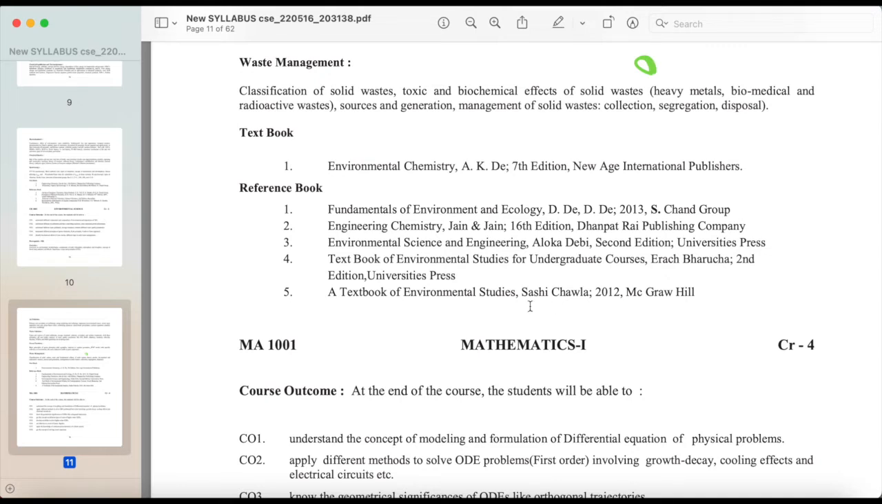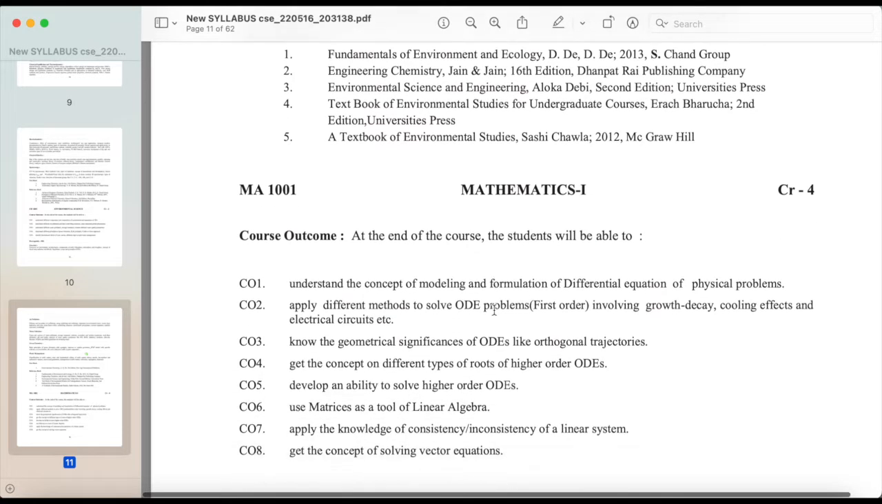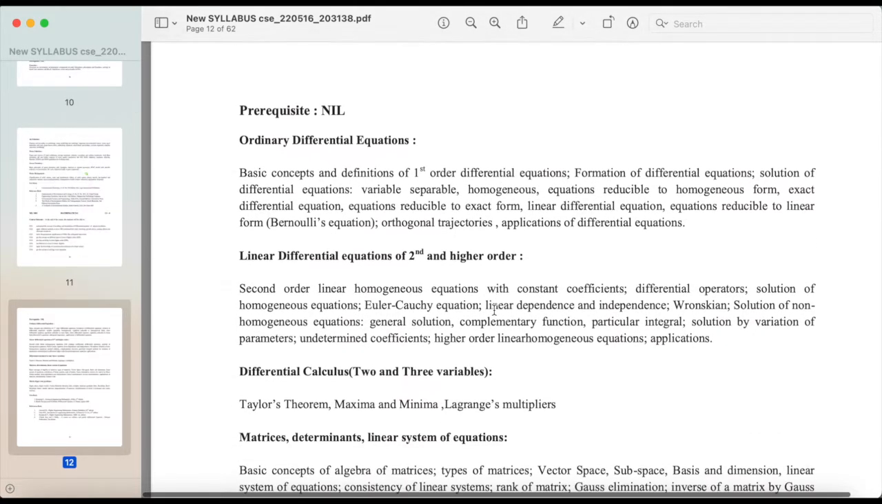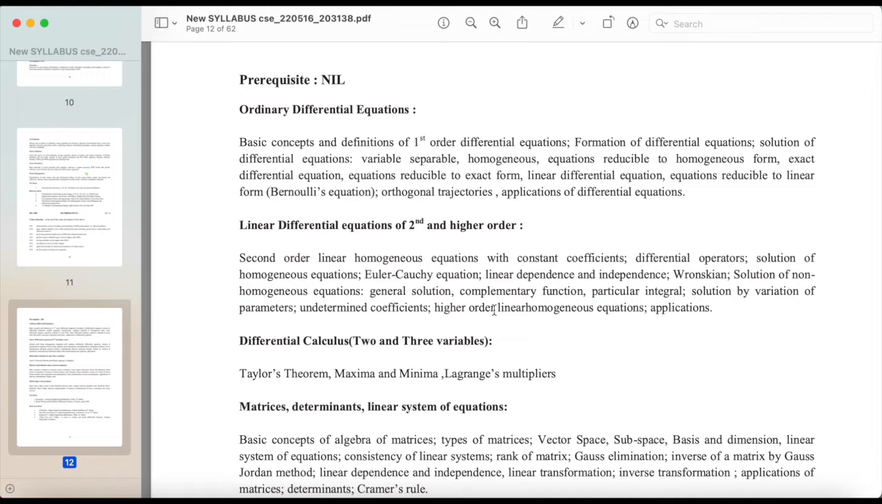Next, Mathematics. Ordinary differential equations: basic concepts and definitions of first-order differential equations, formation of differential equations, solution of differential equations, variable separable, homogeneous, equations reducible to homogeneous form, exact differential equation, equations reducible to exact form, linear differential equation, equations reducible to linear form, Bernoulli's equation, orthogonal trajectories, applications of differential equations, linear differential equations of second and higher